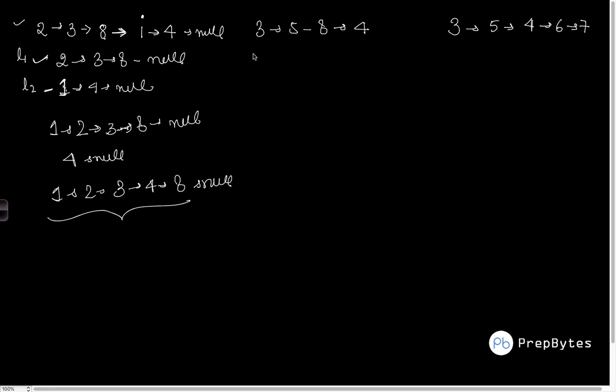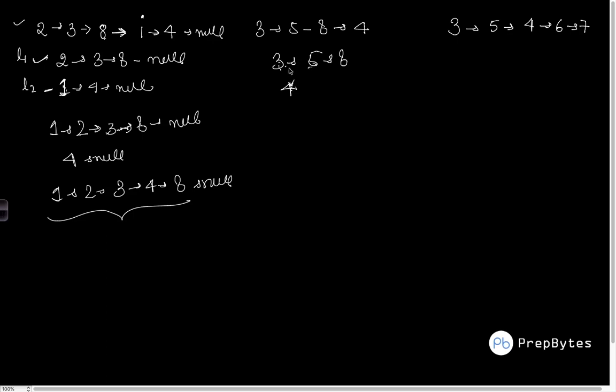Now let's see this particular thing. We have 3, 5, 8 and we have 4. Now we compare these two. Who is smaller? 3 is smaller, so I don't see any change has to be done. Now I see what is the right place for 4. I see that 4 is greater than 3 but lesser than 5.